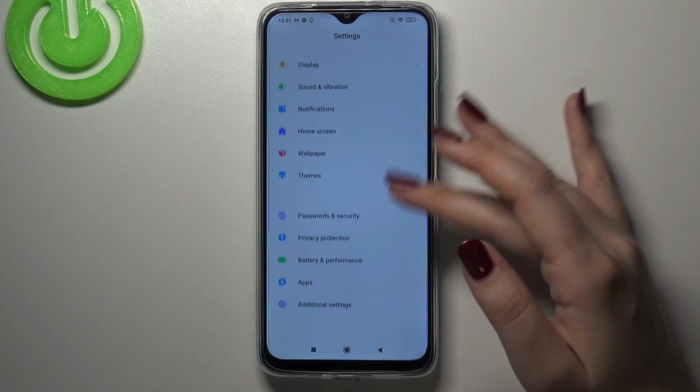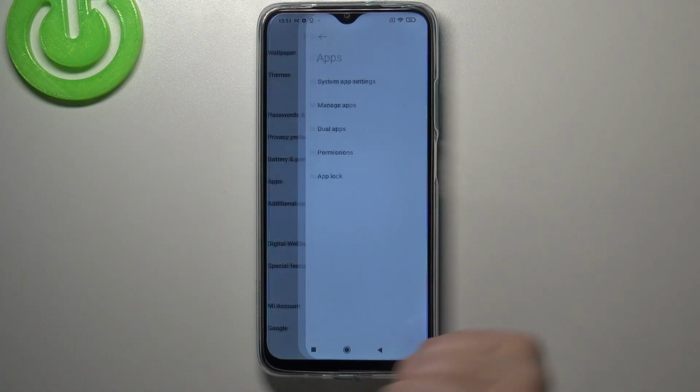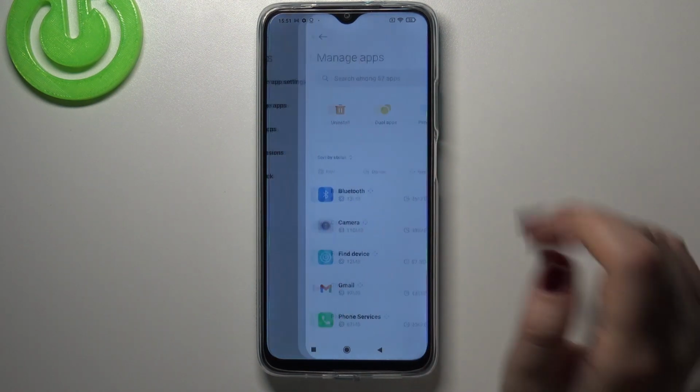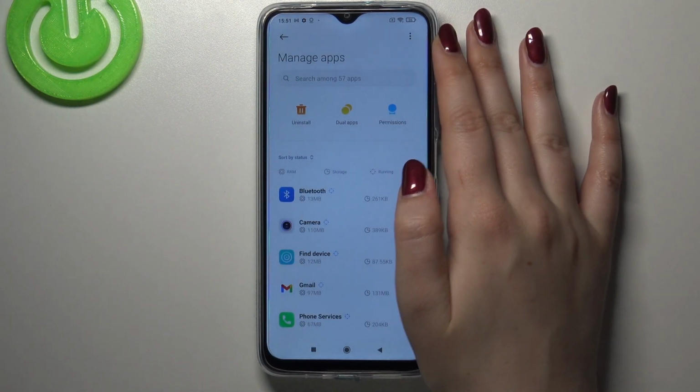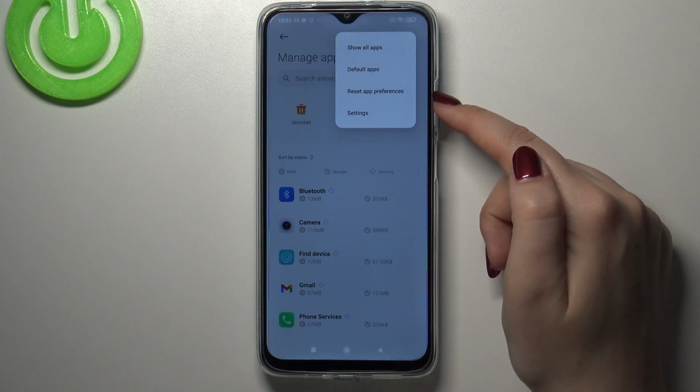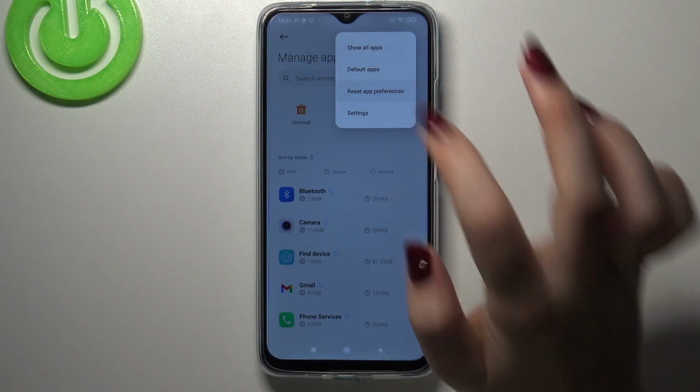And now let's scroll down in order to find apps. Let's tap on it. Now we have to tap on manage apps and tap on this three-dot icon in the right upper corner. As you can see here, we've got the option we are looking for, so just tap on it,